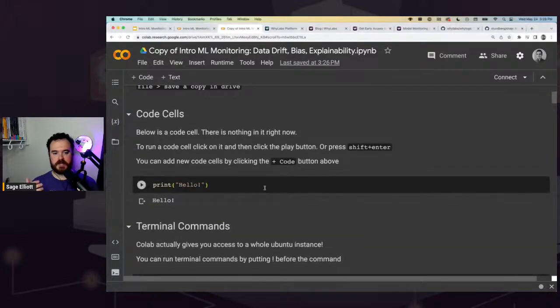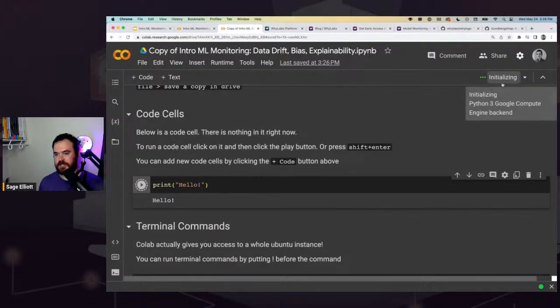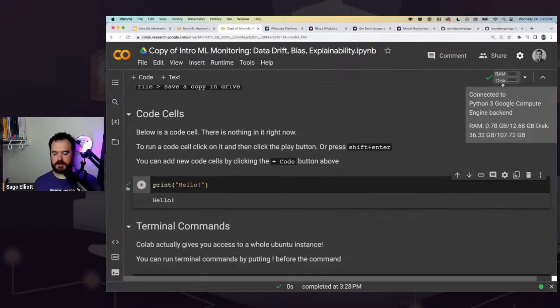So let's go ahead and run this first code cell. This is going to kick off our own instance. If you made a copy of this in your Drive, you should be ready to go. You can hit this play button. You'll see it's thinking for a second. Up here it's connecting, and it's actually initializing a whole little instance for us to run our code in the cloud. And Colab comes pre-installed with most of the commonly used machine learning libraries.